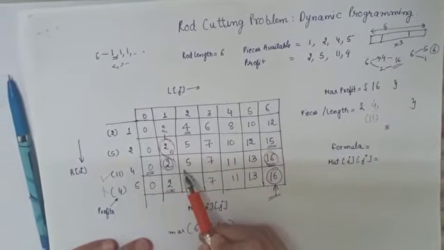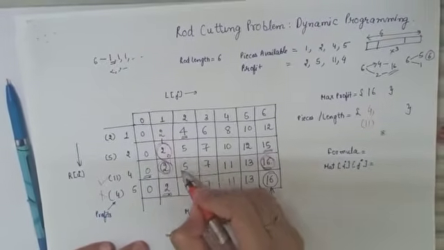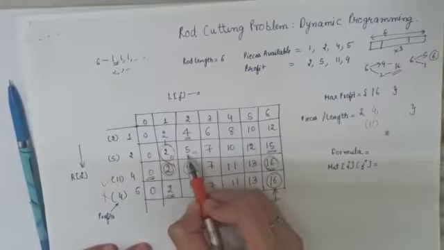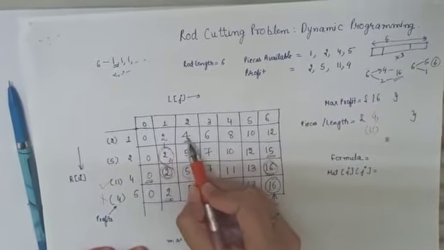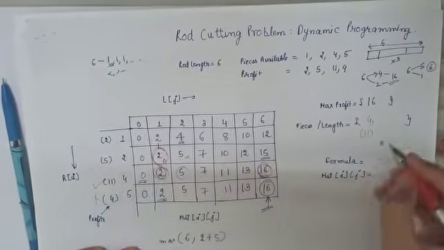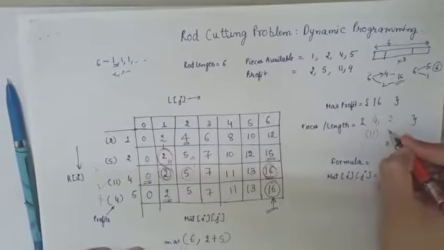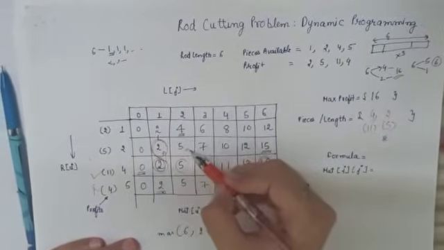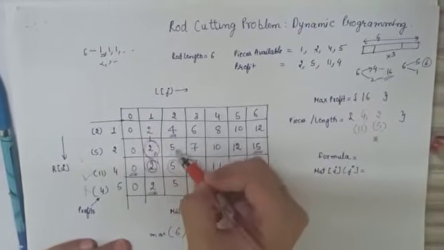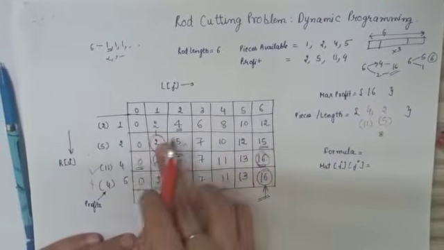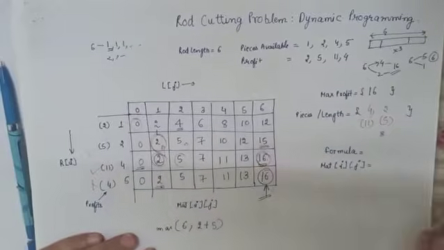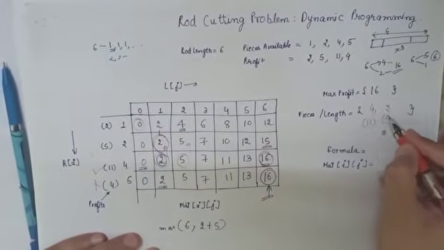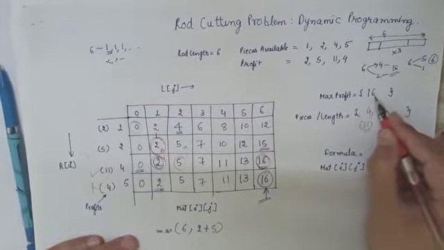So what will you do? We will go over here, 5. Okay, so this 5 is coming from here. So we will move up. Okay, now this 5 is not coming from here. So this 2 is included. So we will include this 2, and the profit associated with it is 5. Okay, so we have included this 2, and so 2 minus 2 is 0. So we will come over here. Okay, so you can see the pieces in which we cut are 4 and 2. Profit is 11 plus 5 is 16.